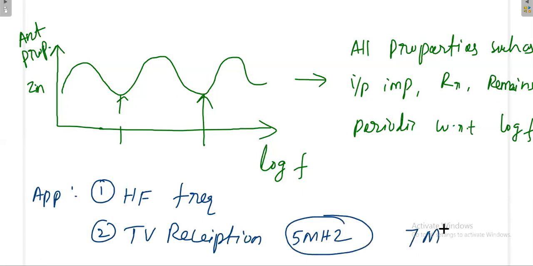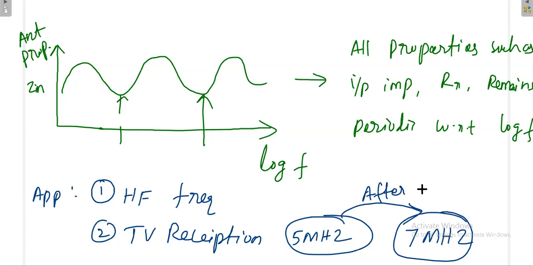After modulation it is around 7 megahertz because of vestigial sideband modulation, which is more than FM bandwidth and less than 2 FM. After modulation, 7 megahertz. That means at least your antenna properties, your antenna has to